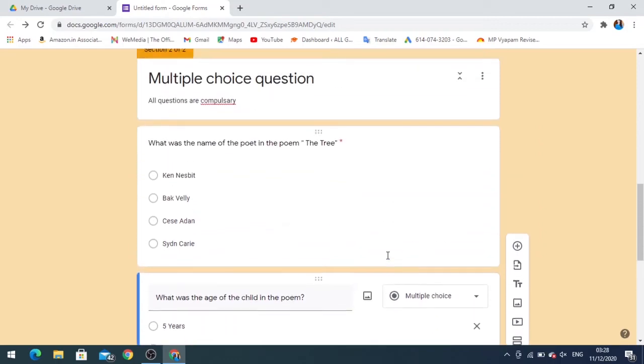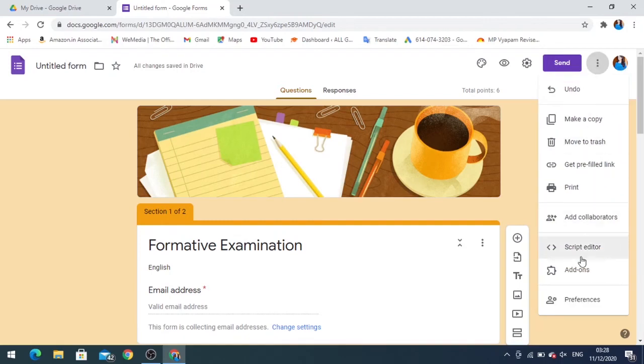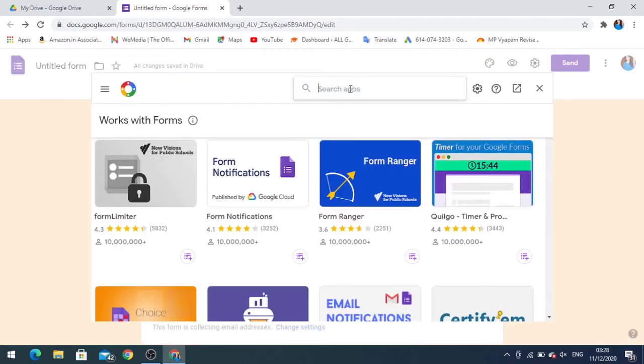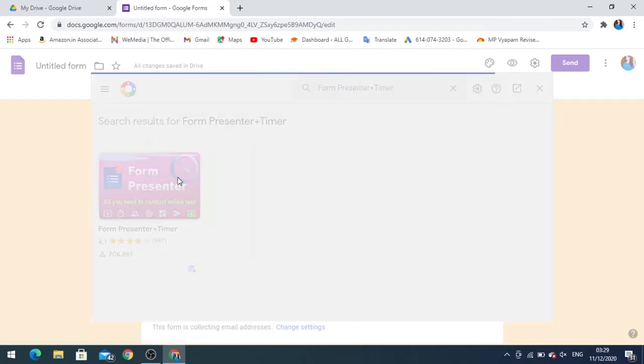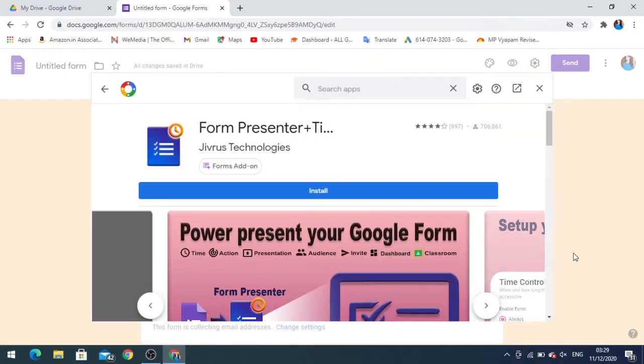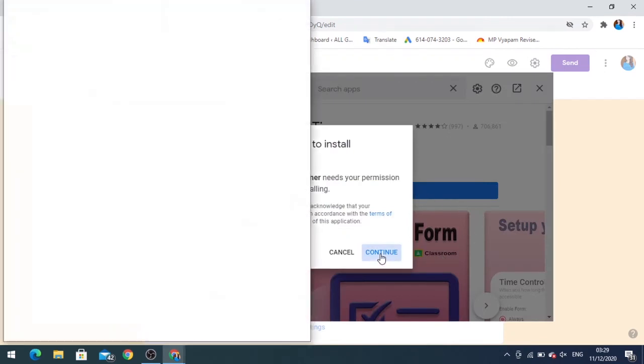To set time in your Google form, just click on the 3 dots that you see on the right side. Click on add-ons, write presenter, and then install it. And then continue.